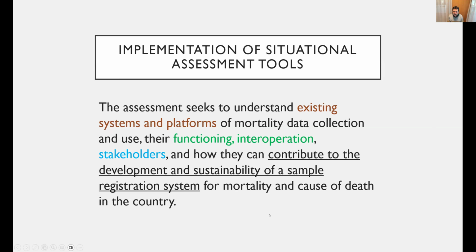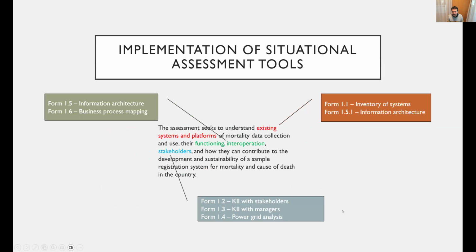If you click next, then for each of those pieces of information that should come from the assessment, we have developed the forms and the tools that we presented last month.